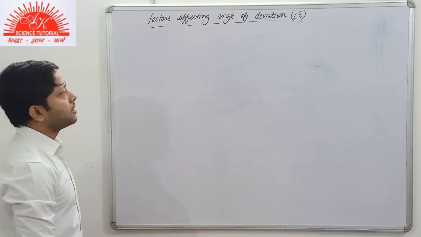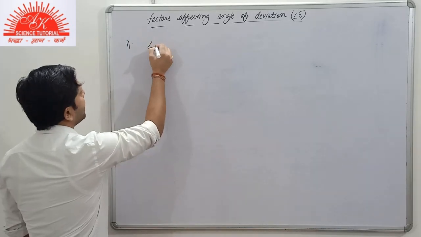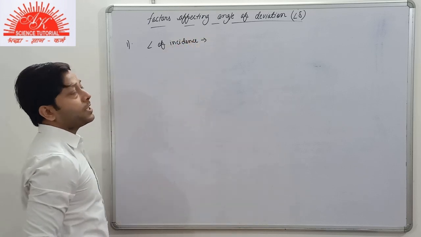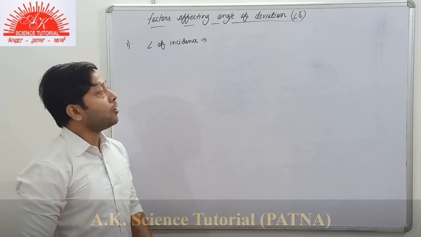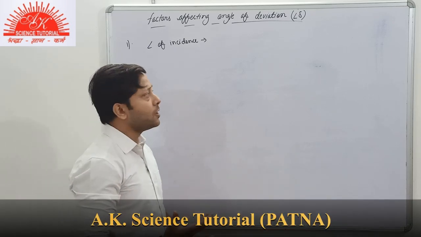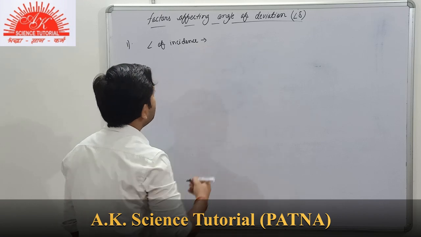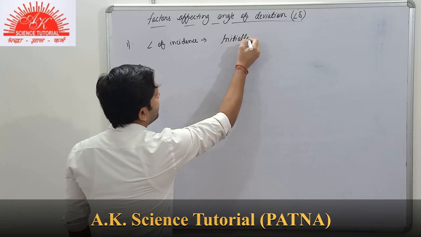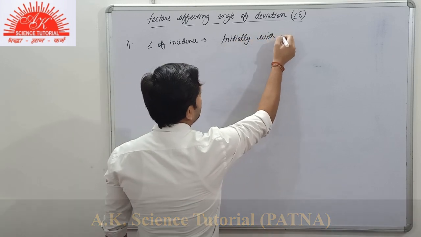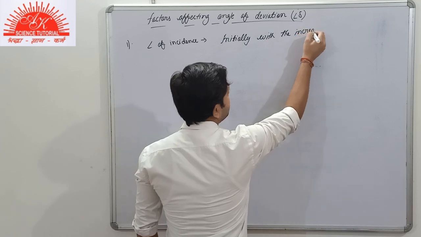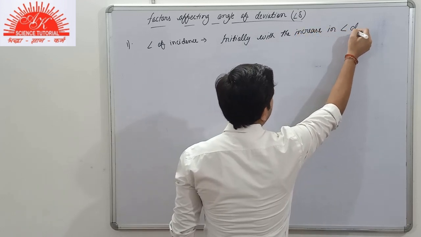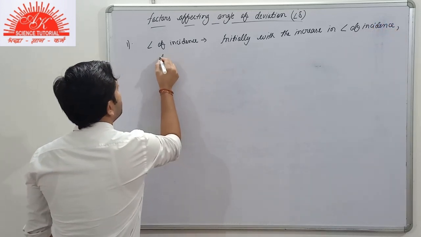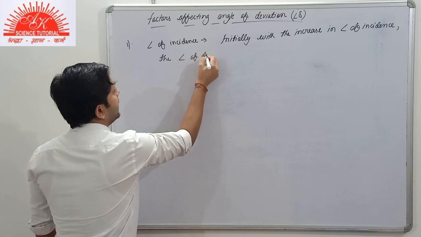Now as you know about the angle of deviation, we can get to know about the factors affecting the angle of deviation. The very first one is the angle of incidence. With the change in angle of incidence, the angle of deviation of the given prism, that is made of the given material, will also change. How will it change? I'll tell you. Initially, with the increase in angle of incidence, the angle of deviation